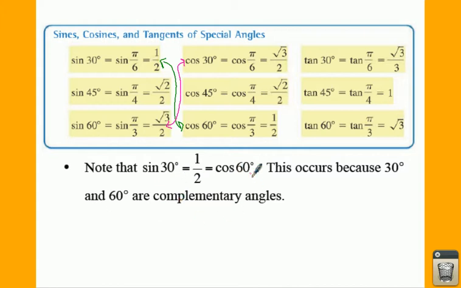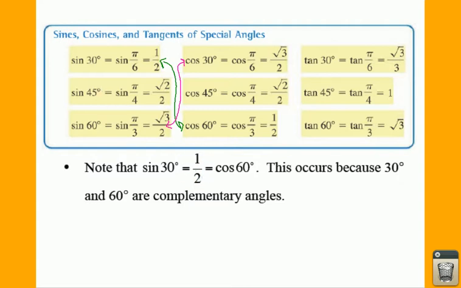Sine of 30 is the same as cosine of 60, and then your sine of 60 would be the same as your cosine of 30. That doesn't really work with anything else, except the only other big thing you might notice is your sine of 45 and your cosine of 45. Those are the same, and those are just over 4. So any blank pi over 4 is always going to be radical 2 over 2 and radical 2 over 2. So I thought you'd like to notice that little special